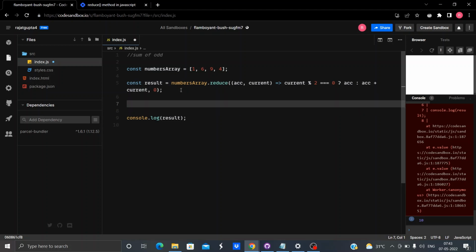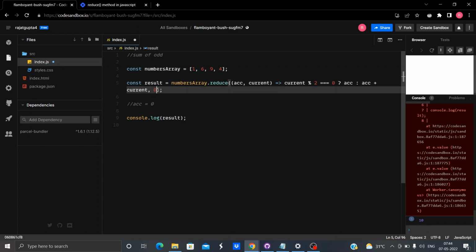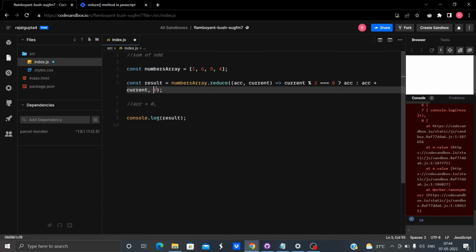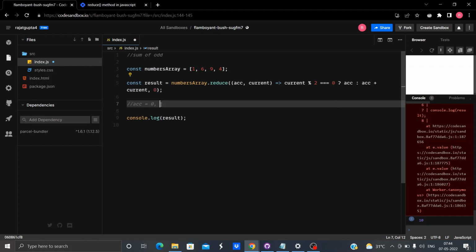The initial value of accumulator here is 0 because we are providing the initial value argument here. I already told you, when there is an initial value present in the reduce method, for the very first iteration, the value of accumulator is equal to the initial value, and the initial value is 0 here.